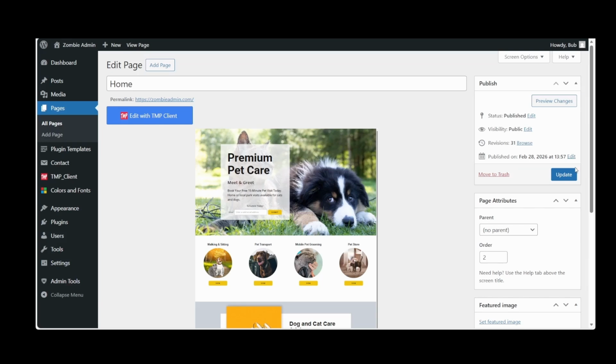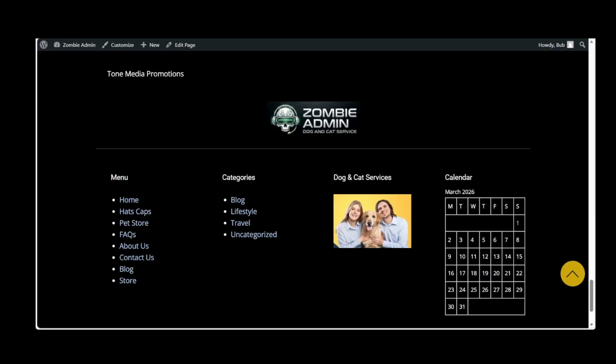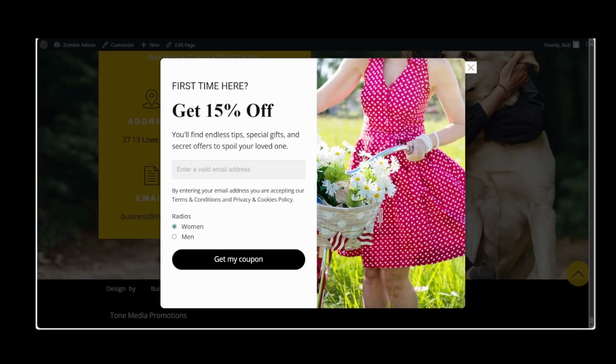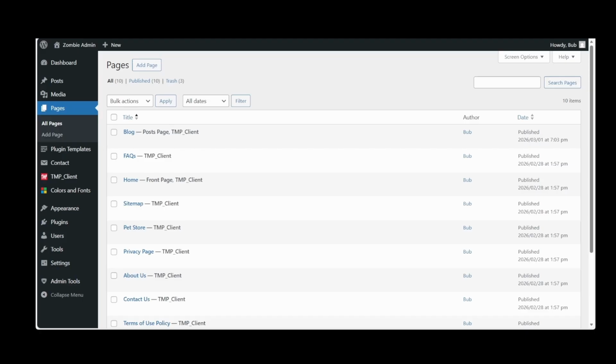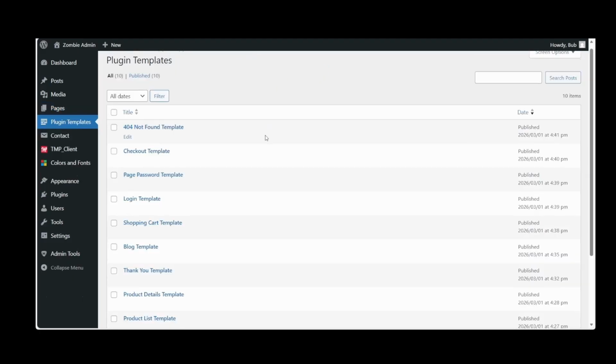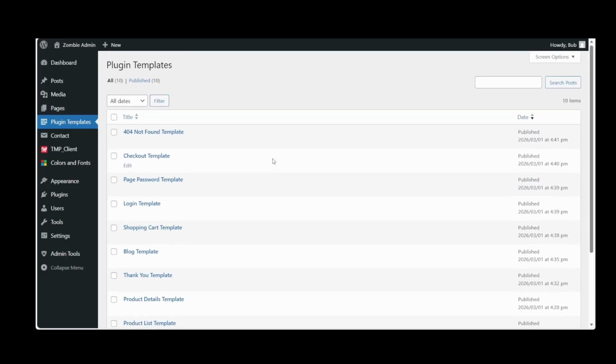X out, update. Let's take a look. Refresh, and it's gone. So remember though, if you're going to continue doing this, you're going to have to go to all your pages and do the same procedure, and go to all your plugin templates and do the same thing, and that will eliminate the footer for you and the header as well.